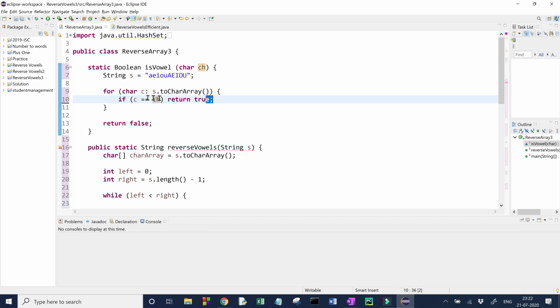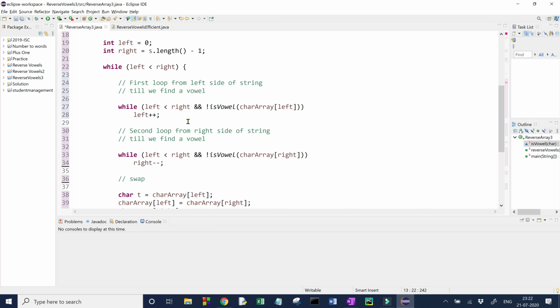If it matches, we will return true. If the string is over and we do not match this vowel with this character which has come as argument, we will simply return false. So I think this is over now.